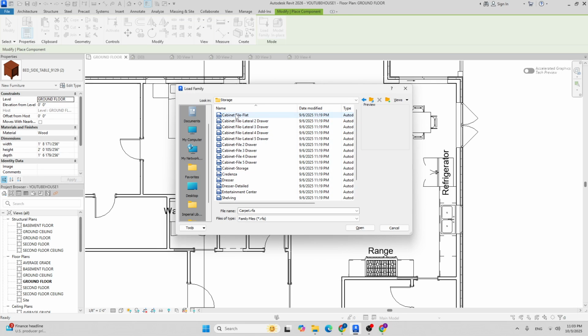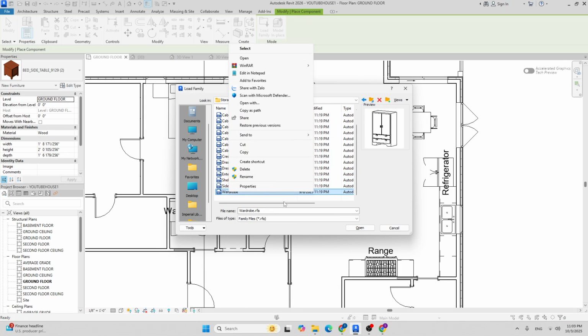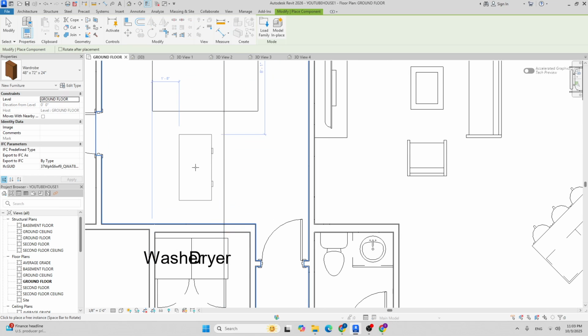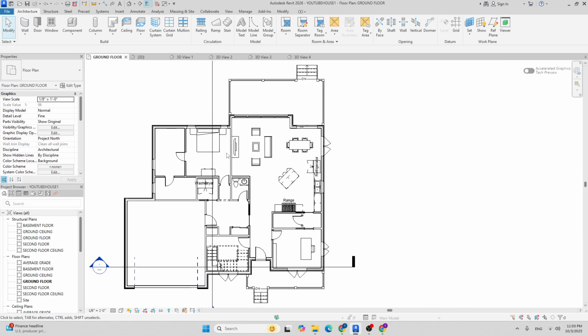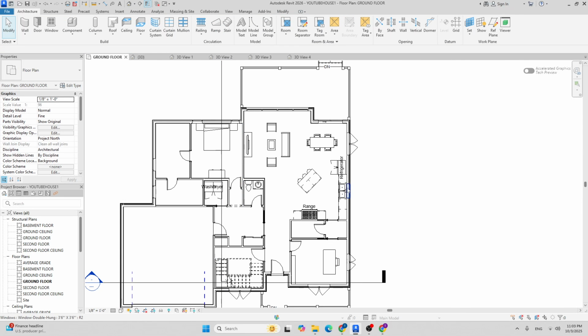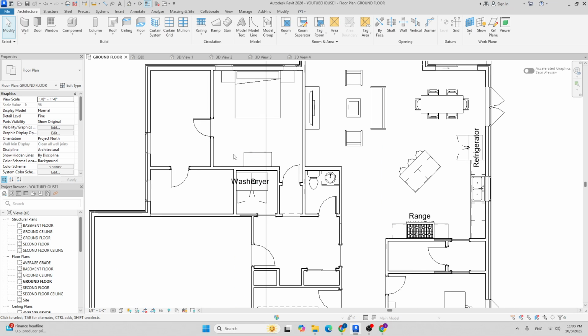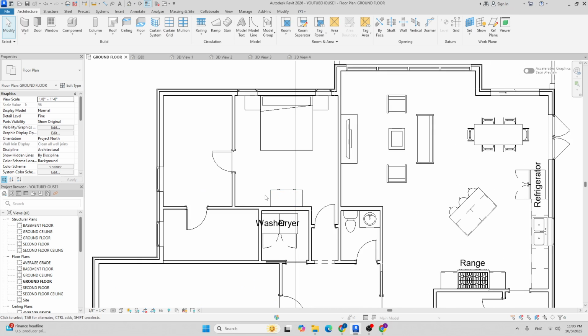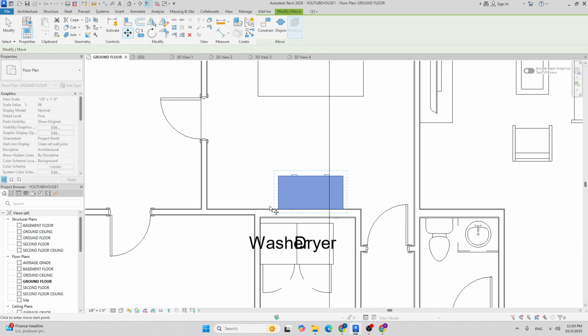I'll find storage, and I will find a dresser or a wardrobe. Yeah, I think I like this wardrobe. I'm gonna hit open, and I'll hit spacebar until it goes in the middle. I'm gonna click here, and I hit escape 2 times. There's gonna be a wardrobe for us, and nice. Okay, maybe I'll place this. I'll move this wardrobe to the corner,